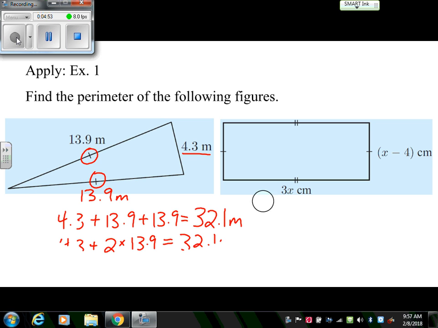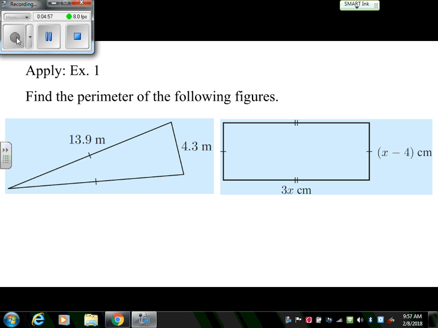Now we have just a simple rectangle or parallelogram that's going on there, but instead of using numbers, they're using variables here. Once again, we can simply add up all the sides. We have two pairs of congruent sides. The single tallies let me know those are the same or equal, and these would also have an equal length